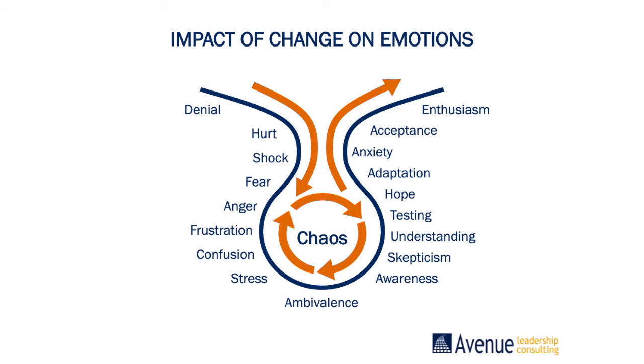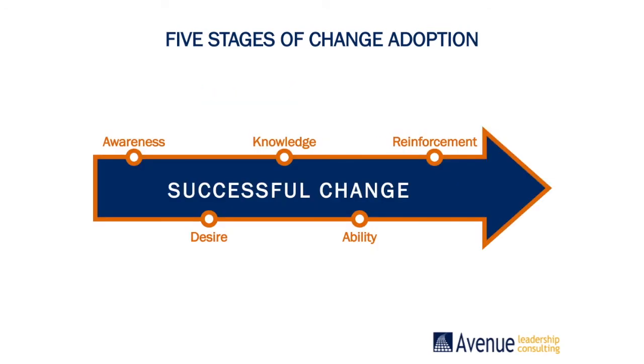It's an important reminder that change impacts our emotions similarly to the stages of grieving. It often starts with denial, with a lot of chaos in the middle, and finally moving to acceptance and enthusiasm. It's important to note that those who learn about the change and have had input will be further along in this process and closer to acceptance than people who are just hearing about change for the first time. As a final concept related to change management, let's talk about what people need in order to successfully adopt change. This model is called ADKAR, and if these aren't addressed, resistance will occur.